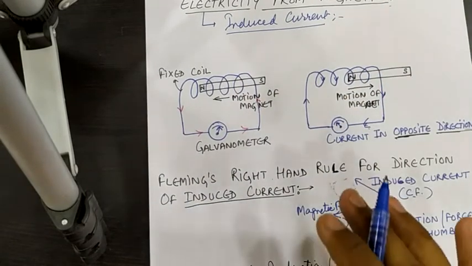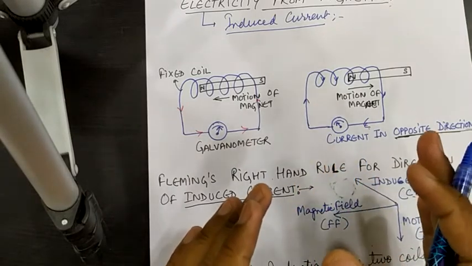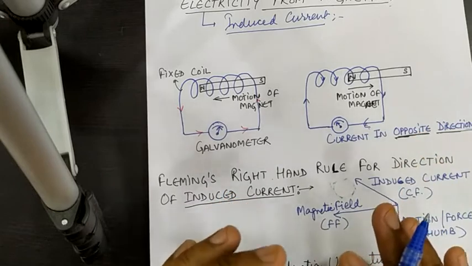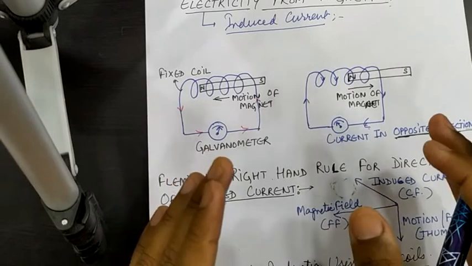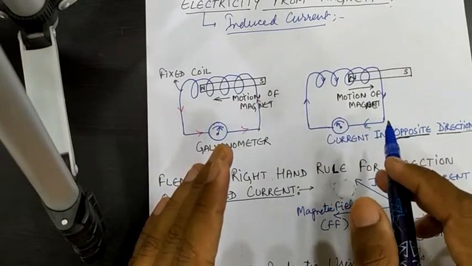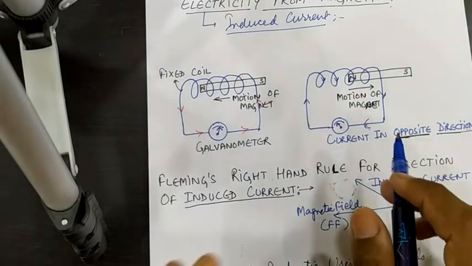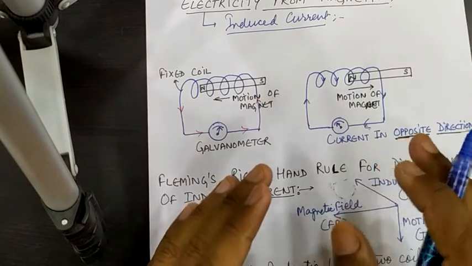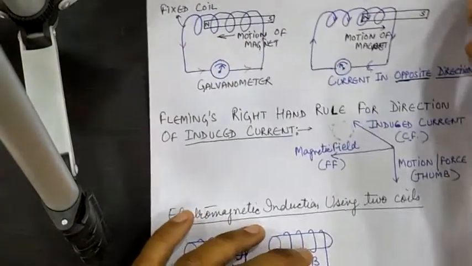So production of electric current by moving a magnet inside a fixed coil of wire is also a case of electromagnetic induction. The necessary thing for the production of such induced current is that there should be a relative motion between the coil of wire and the magnet. Got it? When the direction of motion is reversed, the direction of current induced in the coil also gets reversed.